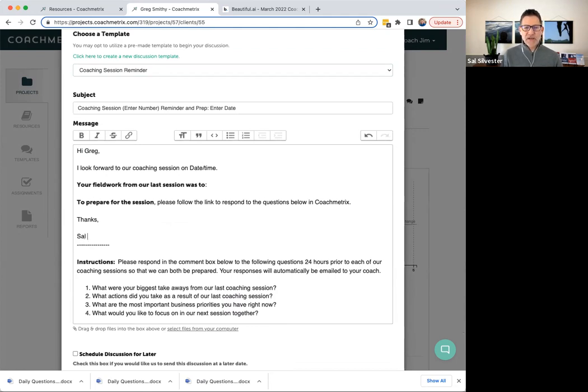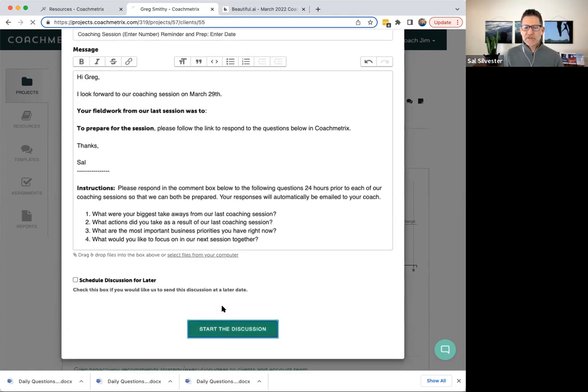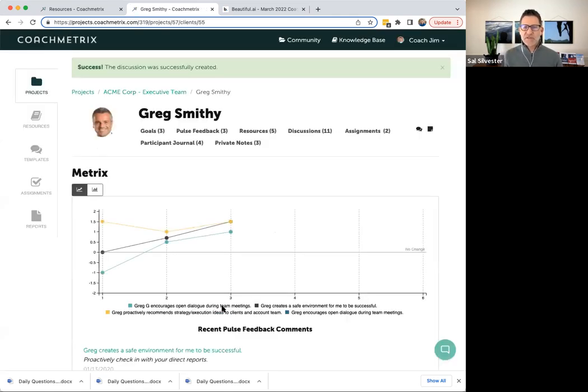And now the reason why we do this is because we have multiple coaches on our team. But if you're a solo practitioner, just put your name in the body of the email. And then if there's anything you want to customize, like the date and time, you can certainly do that. Very nice. And once you click start the discussion, it sends the discussion.